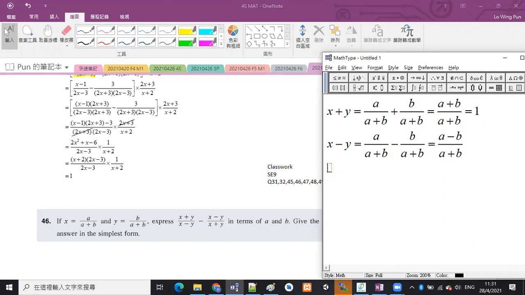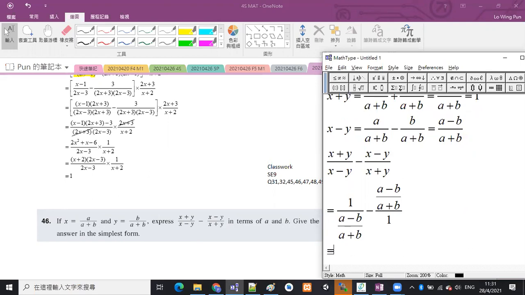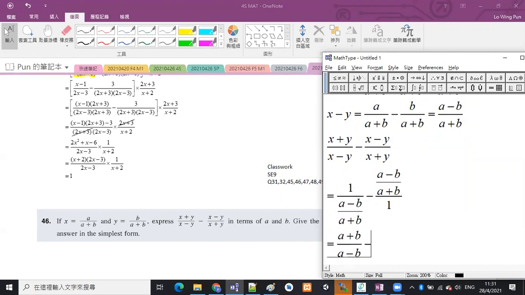And then x plus y over x minus y minus x minus y over x plus y becomes 1 over a minus b over a plus b, and then minus a minus b over a plus b over 1. Okay, 1 over a fraction becomes the reciprocal of that fraction, a plus b over a minus b, minus fraction over 1 becomes that fraction. Okay, so what is remaining is just